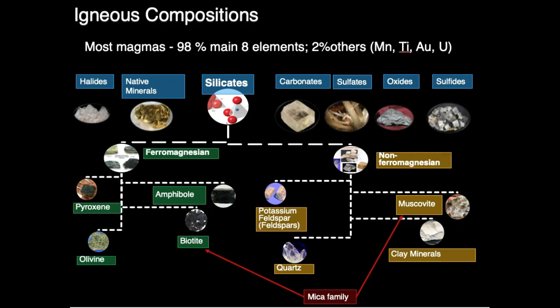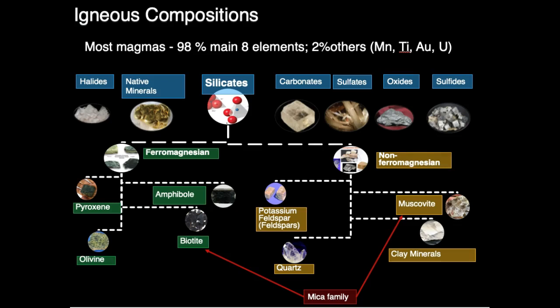So, as a refresher from last chapter, there are 2 main groups of silicates that are formed when magmas begin to cool. One being the ferromagnesians, which in this slide are the green colored boxes. The ferromagnesians tend to be dark in color and heavier in weight due to their high iron and magnesium content. And then we also have the non-ferromagnesians, which in this slide look like